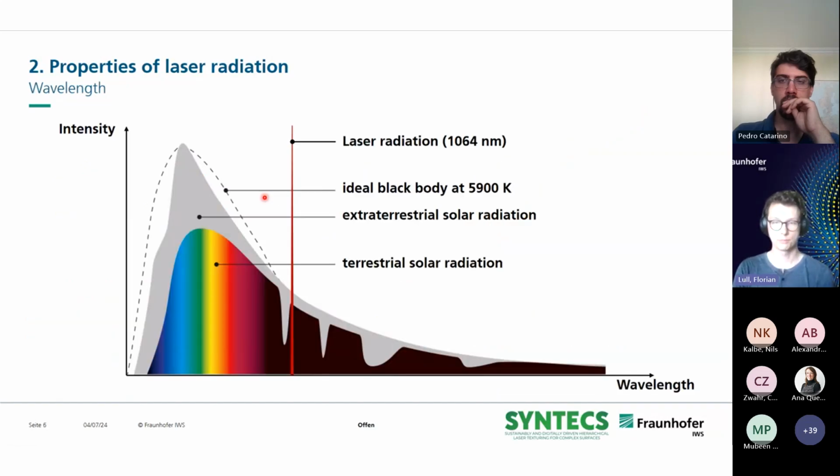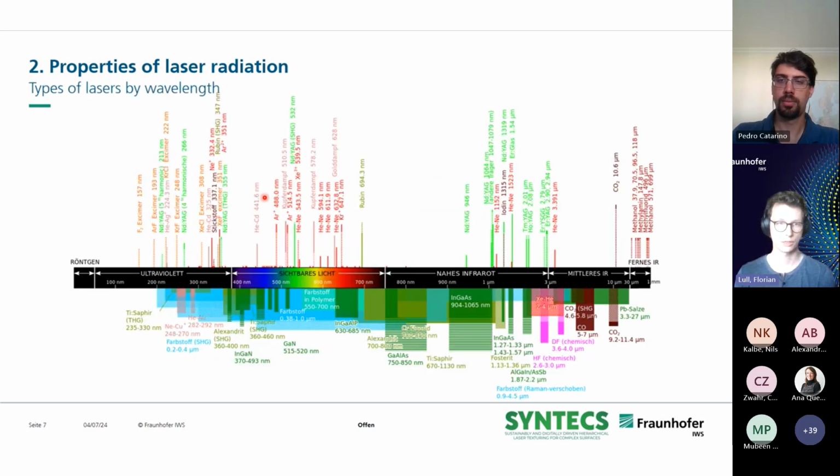Again, a natural light source, the sun, has a broad spectrum of wavelengths which is emitted. So you can see we have wavelengths in the UV part of the spectrum, we have wavelengths in the visible part of the spectrum, and even in the infrared part of the spectrum. And a laser, on the other hand, has just one single wavelength. And to give you an idea how many laser wavelengths and therefore laser types exist, you can have a look at this